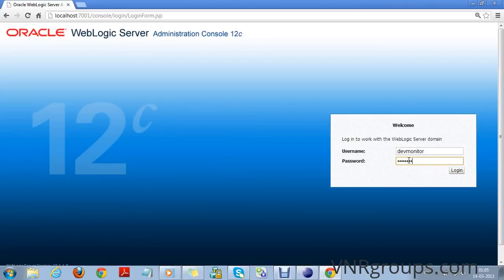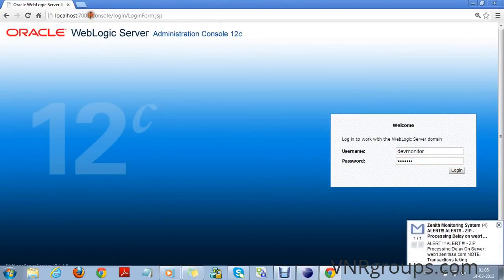Now we log in to the WebLogic admin console. This is the port number. Port number is 7001.